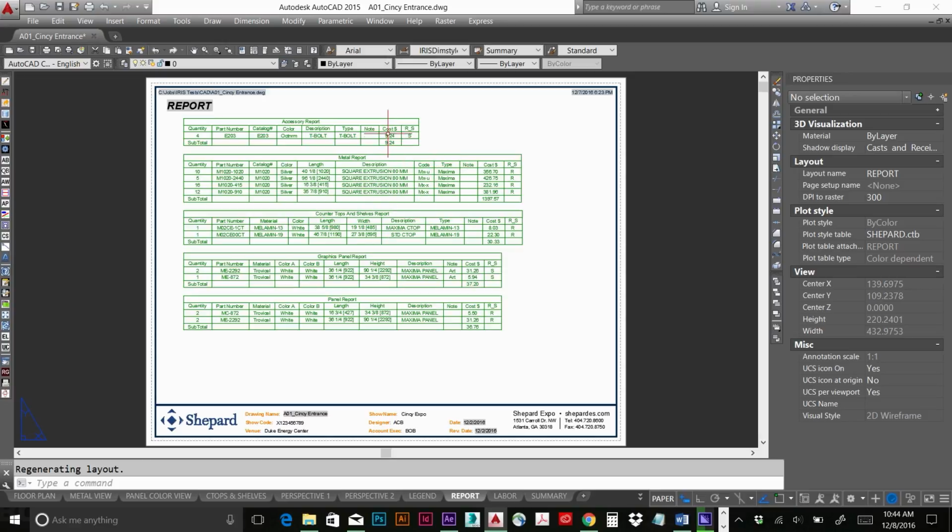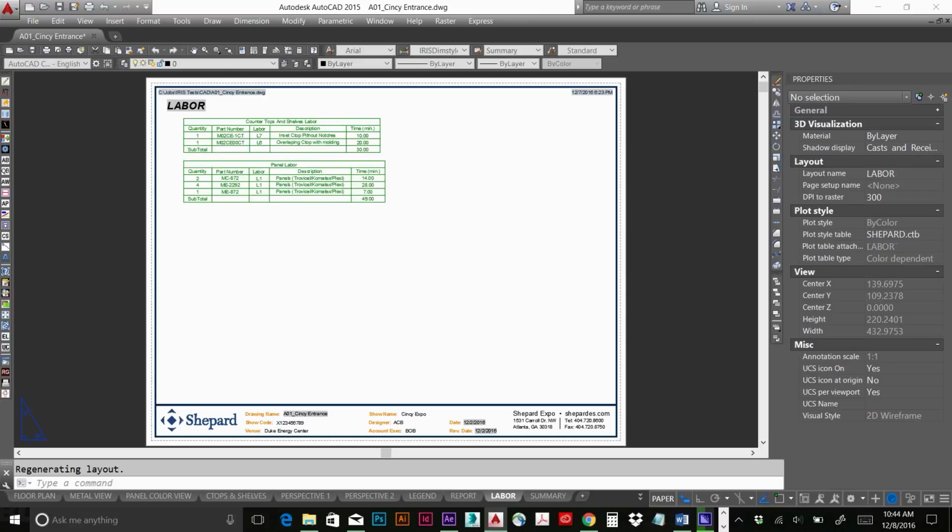all of these costs that are associated with it are costs that need to be marked up by the account executive. So make sure that the report, the labor code, and the summary report do not go out into the drawing when you publish these out. We can publish these out separately for a summary sheet, but we want to make sure that these don't go out with the drawings. Moving on to the next one, we've got our labor report, and what this does is